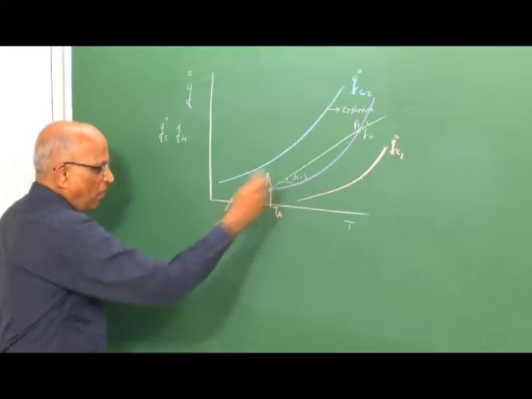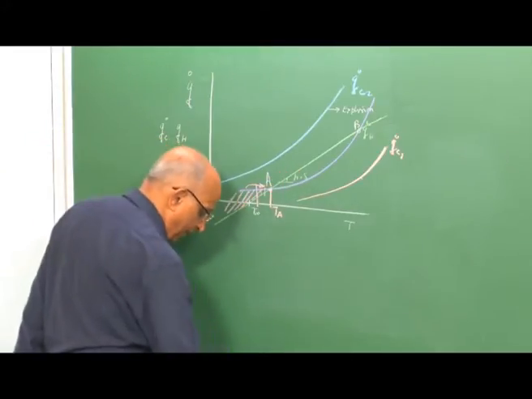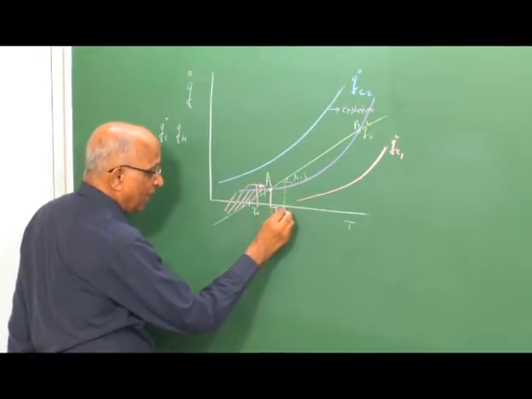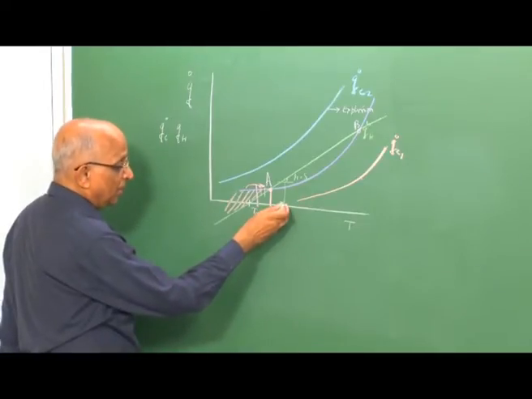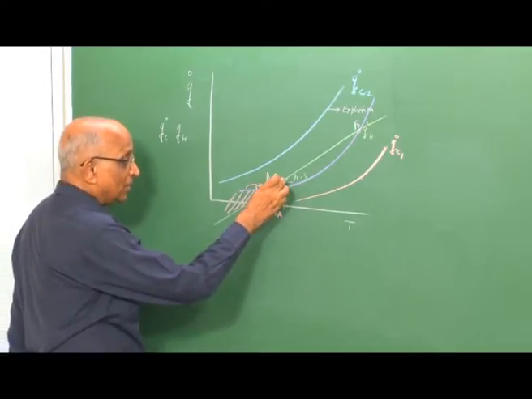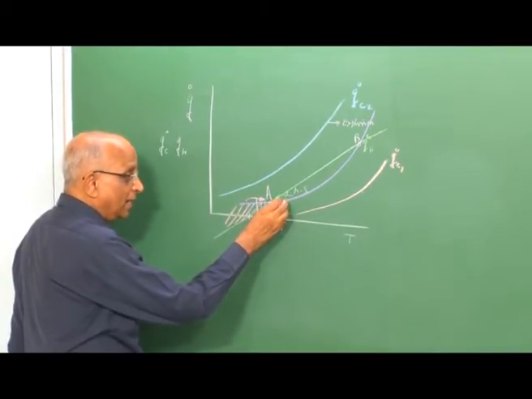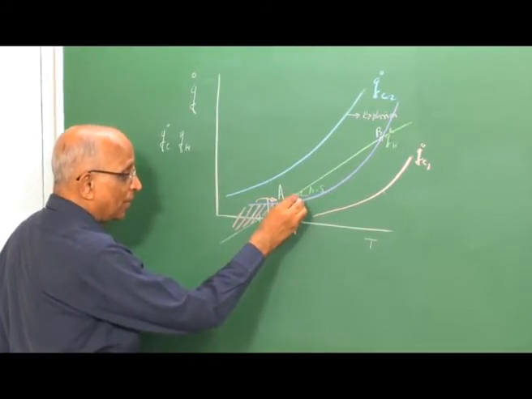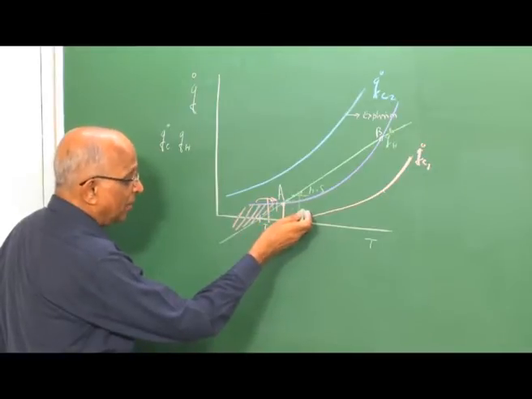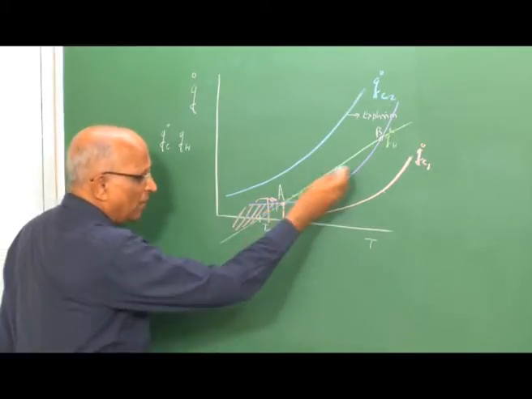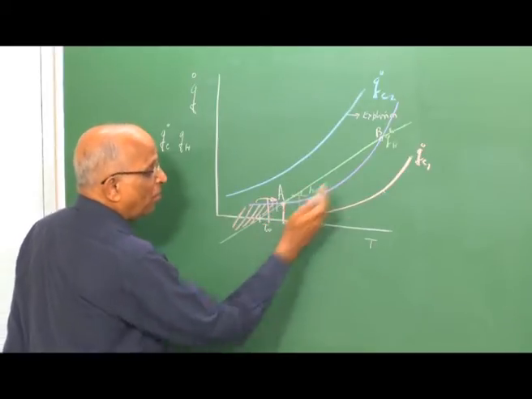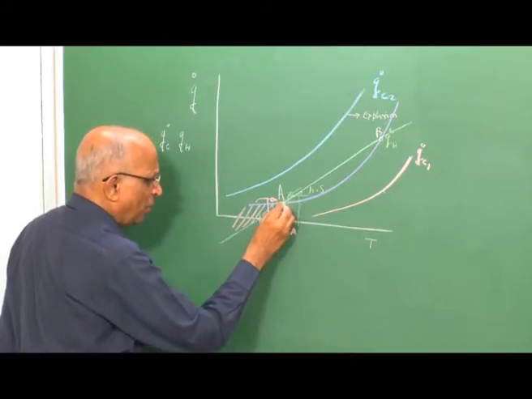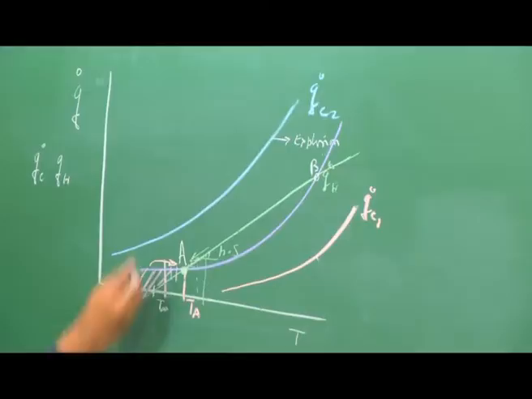How about the right side of point A? If I choose a temperature on the right side, the temperature T is higher than T_A, the heat loss is higher than the heat generation rate, and therefore the temperature will fall. It comes over here, it is still higher, it comes over here, and therefore even on the right hand side, the heat loss rate pushes the point over here. Therefore, in this region to the right, as long as this point does not exceed this particular point, the point gets pushed over here and is always reached over here. Therefore, it is a stable point.